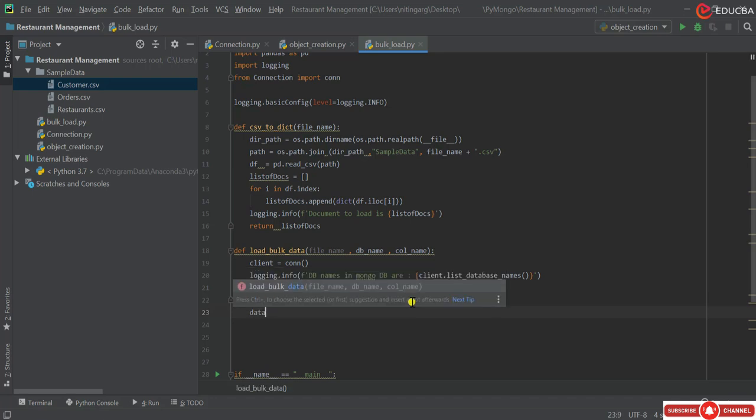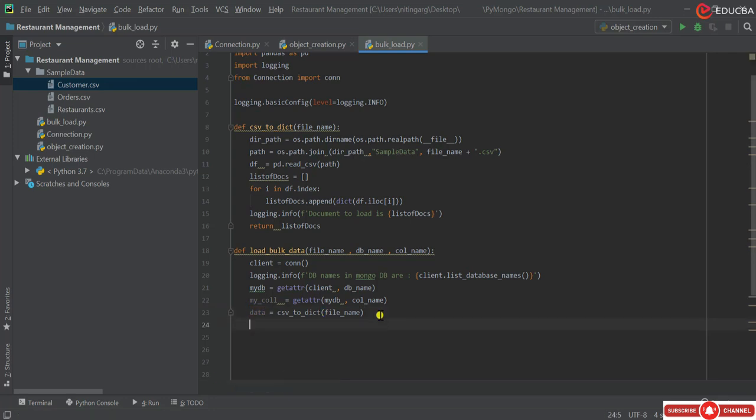So data to load is equal to csv2dict. We'll call the function and pass the file name in it. What we have done is we have passed the file name to it. This data, which is converted into a dictionary, we have to load it. Now the collection which we require to load the data is